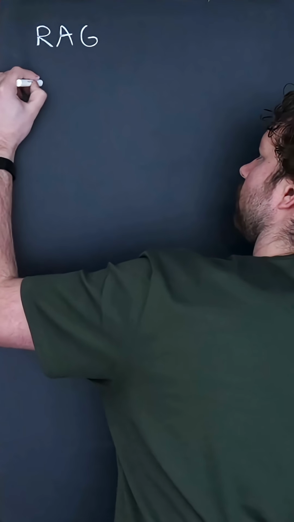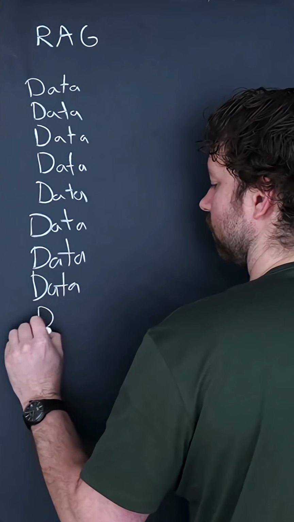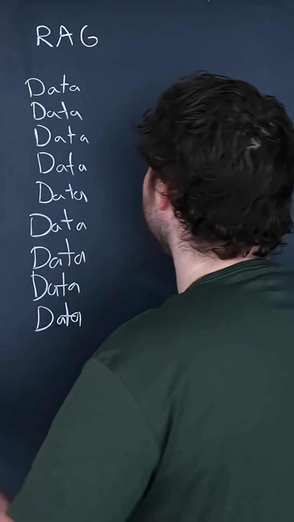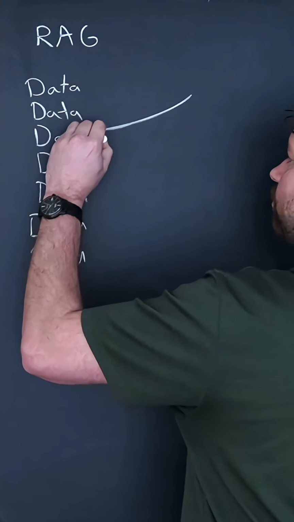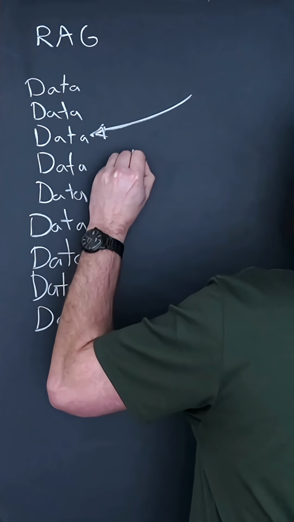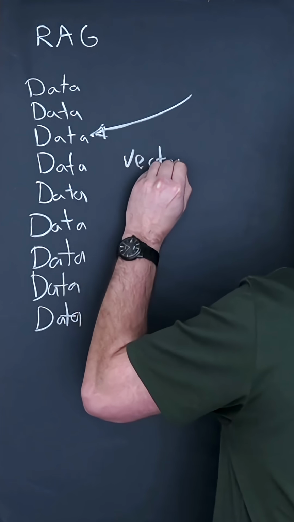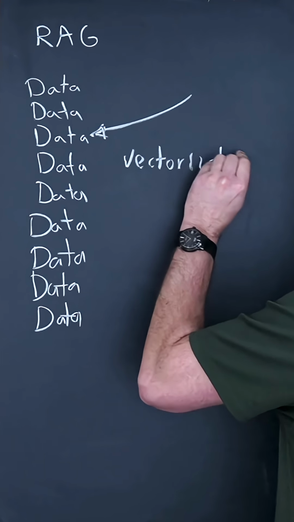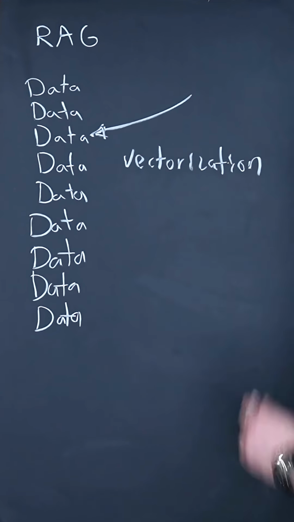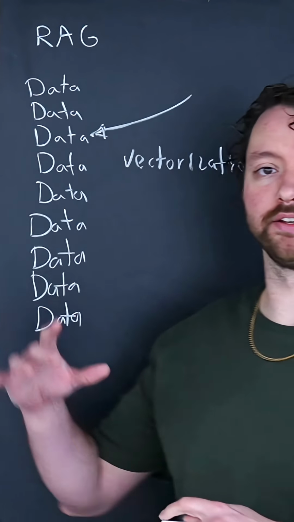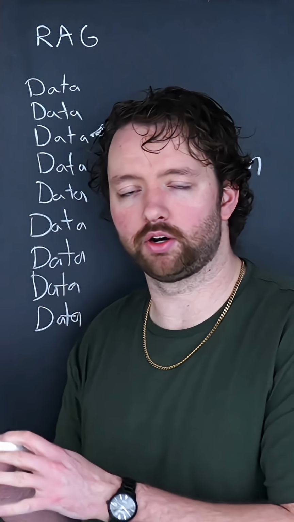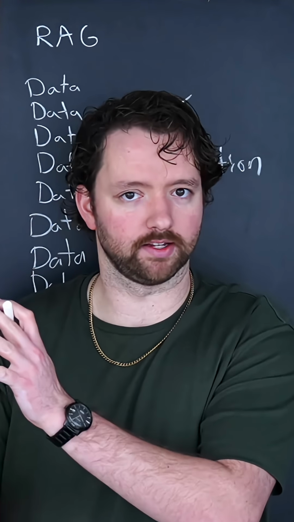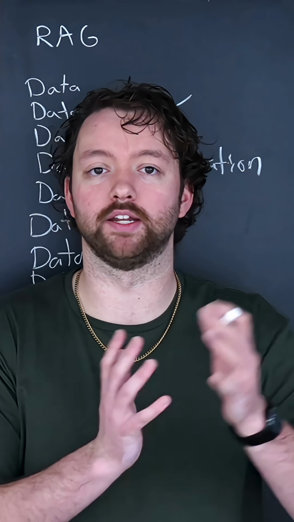So here's how you can visualize RAG. We have a bunch of data we put in a vector database, and then when we make a prompt, the relevant information is retrieved from that database because the model sees it as similar through the process of vectorization. So we're going to definitely talk about that in a dedicated video. So don't worry about that process right now, but basically when you put stuff into an AI model, it doesn't read text as is. It's converted to tokens and is vectorized.